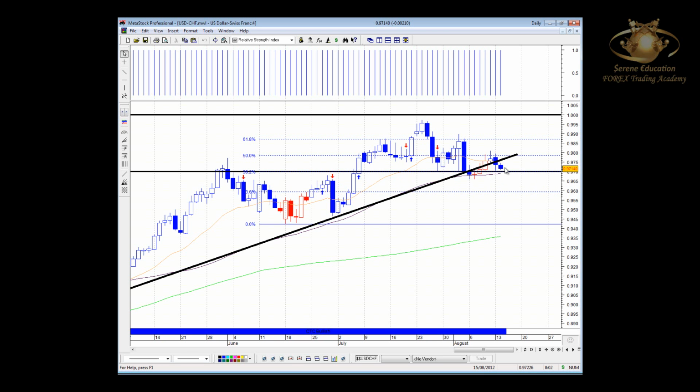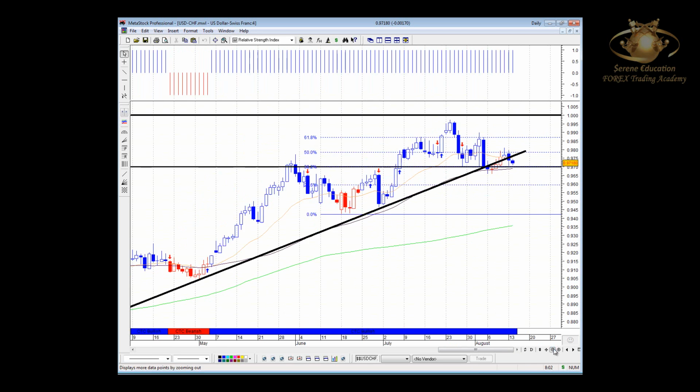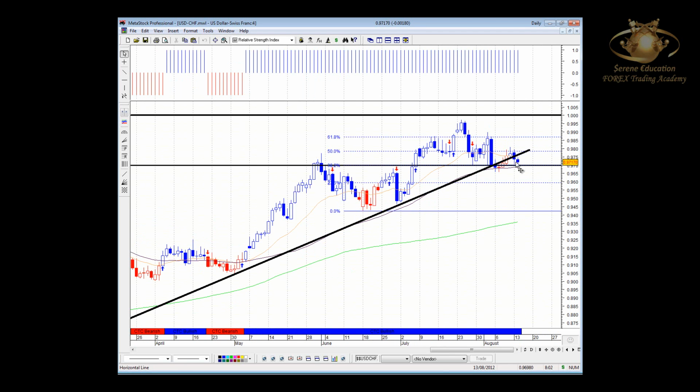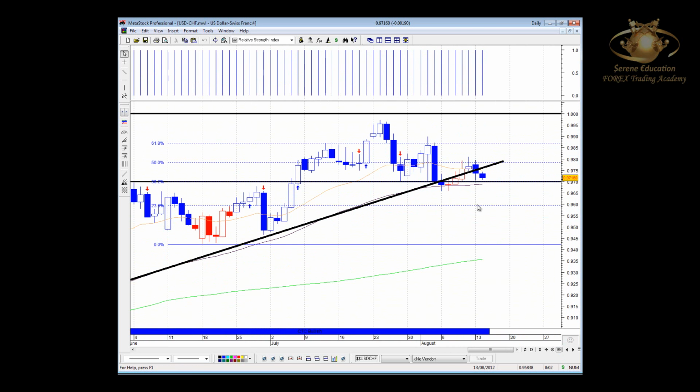As long as it's trading above 9700, then ultimately we could see price potentially reattempting these highs back up towards this 1000 mark. The upside trend, you can quite clearly see here, is in play, and as long as price maintains above all the moving averages, including the institution, then we should see price reattempting those highs. We had a bearish engulfing yesterday after the Friday close, very indecisive candle on Friday at a resistance level here, the 50% projection line. So as long as we fail over here, then we're going to see price reverting and